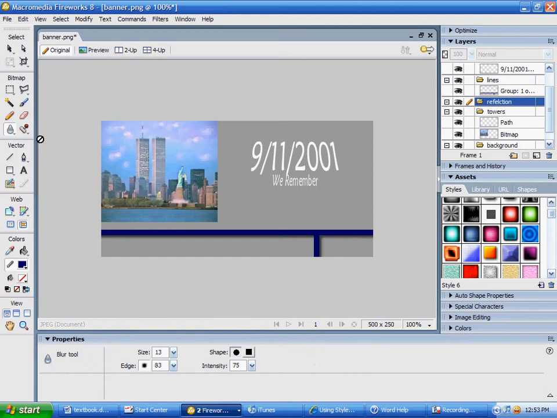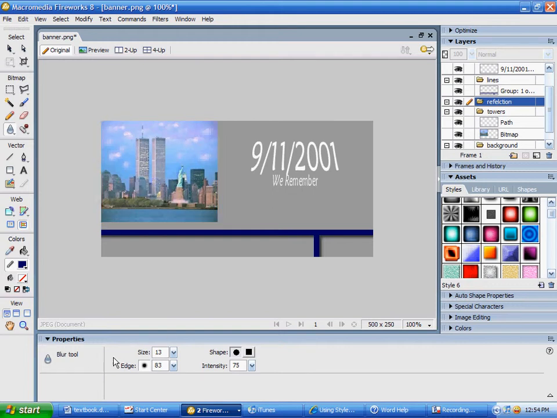What I want to do here is make it so that everything in this picture is blurred out except the Twin Towers, and that's it. I want just the Twin Towers to stand out. So I'm going to blur the background and I'm going to sharpen the towers. Okay, and just like all the other tools, again, our